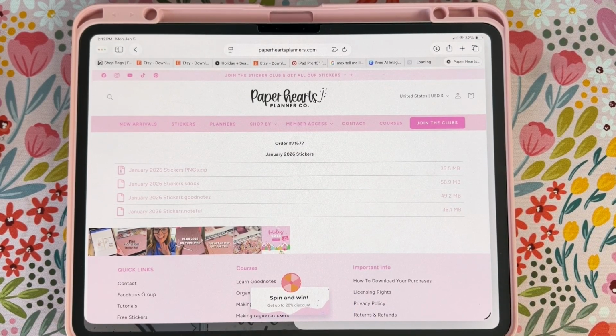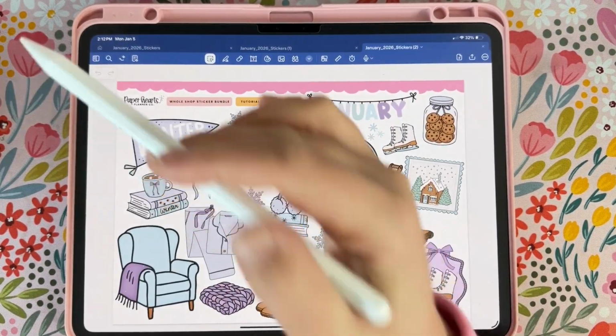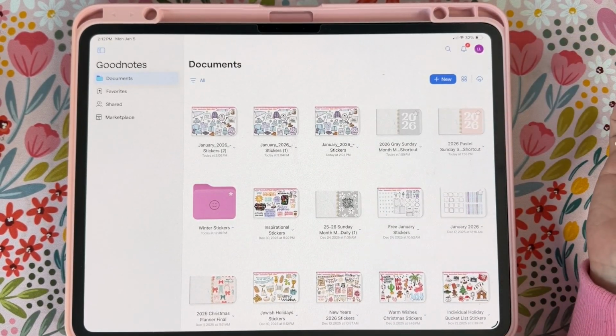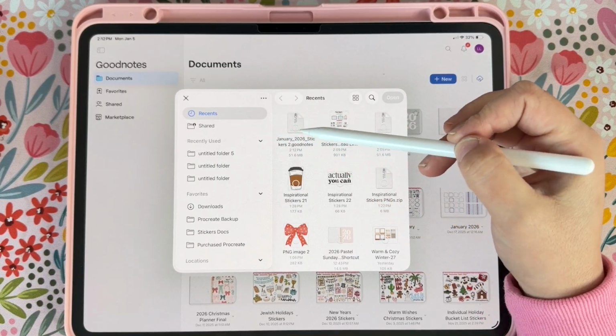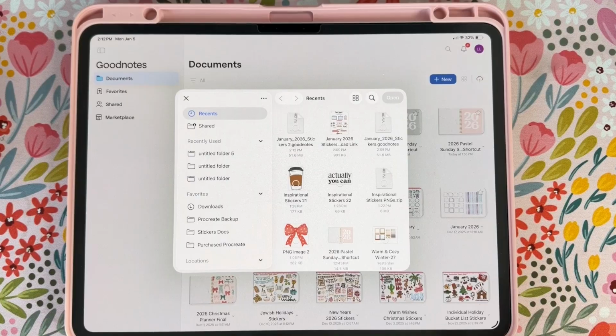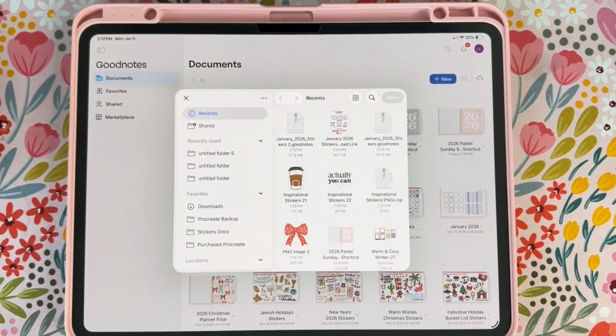Now, once you've downloaded them, you want to swipe off of your internet, and you want to go to Goodnotes. Now, what we're going to do is we're going to go up here to New, and then hit import, and then you want to click right here, make sure you're on recents, and it'll have the last thing that you downloaded. Now, very, very important, this looks like a zip file, and this trips everyone up,